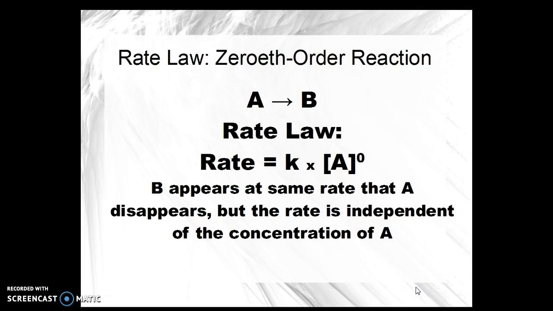This is a discussion of rate laws for a zeroth order reaction, where a reactant A is becoming reactant B, but the rate does not depend upon the concentration of reactant A. The exponent on the concentration of A is the zero exponent, which means that the rate is constant. B is appearing at the same rate as A is disappearing, but the rate is independent of the concentration of